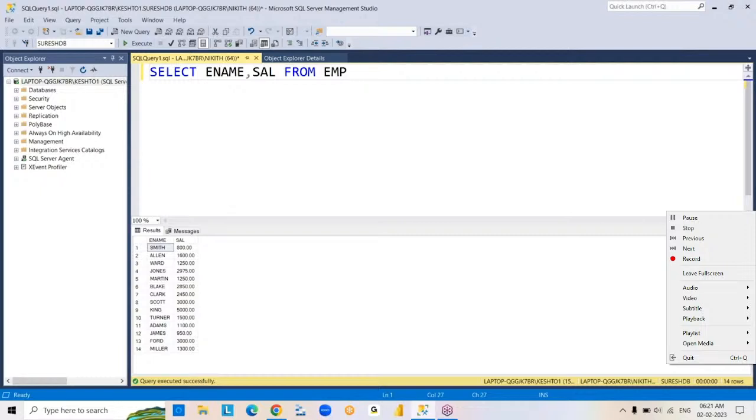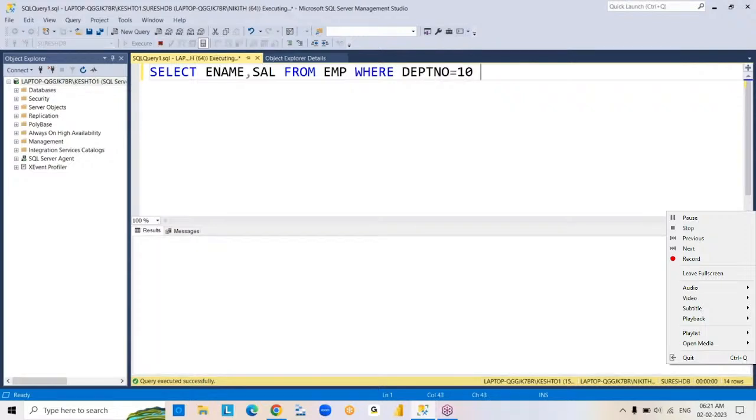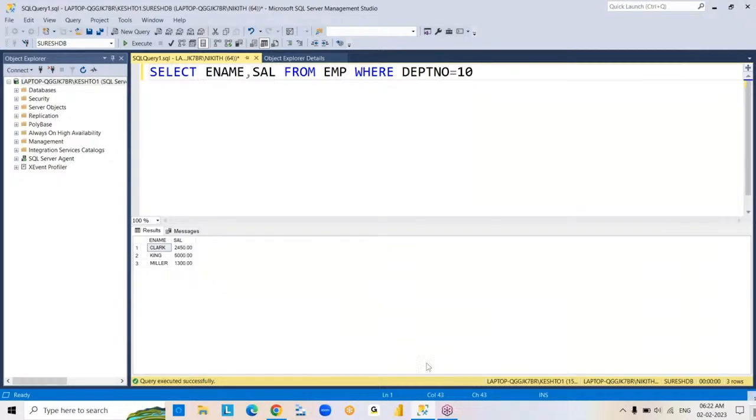Next model, I want to retrieve only selected e-names, selected salaries. Where condition. See this. What happened now? Only